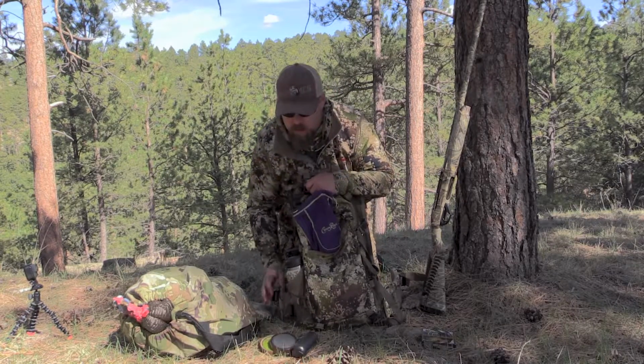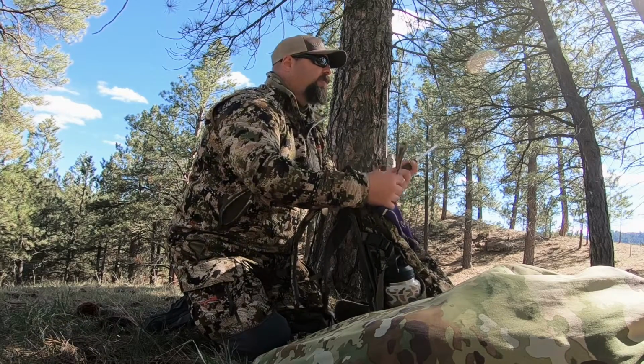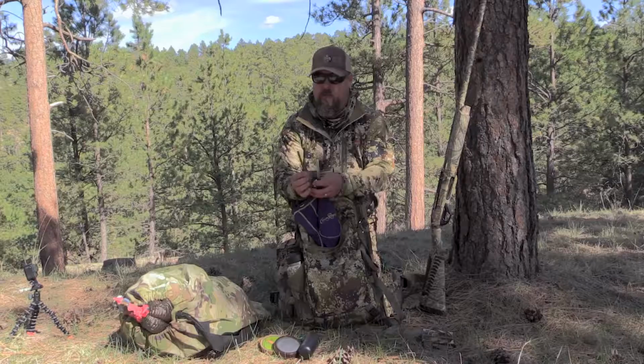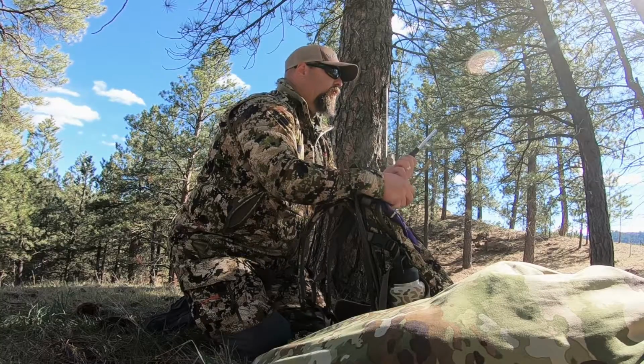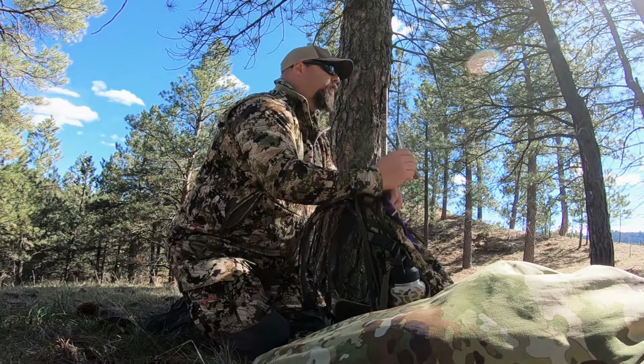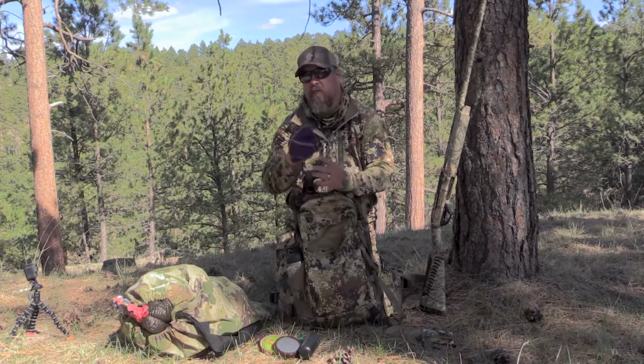I also carry a couple of different strikers. I carry a glass striker and I carry a wood striker. I really like diamond wood striker, but it's nice to switch it up. Maybe your birds aren't reacting to this. You can switch it up with the glass striker. It's got a completely different sound. That is totally it for my calls, except